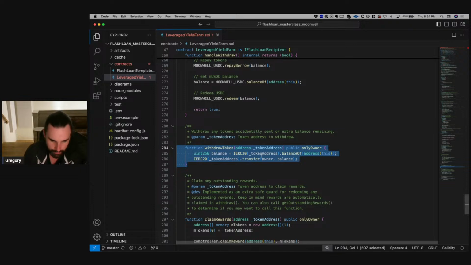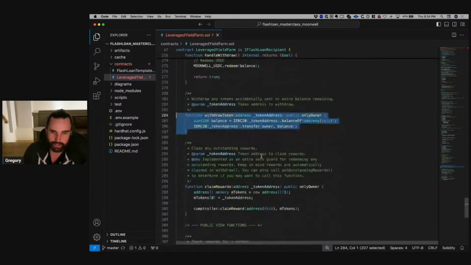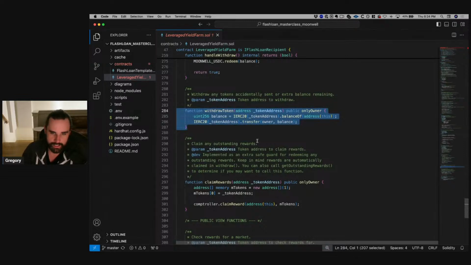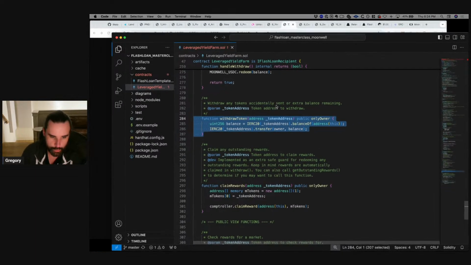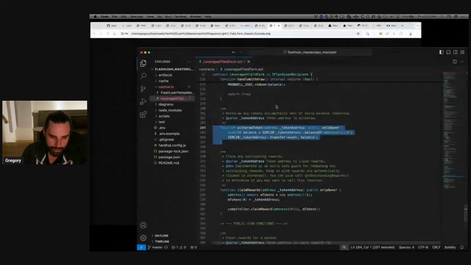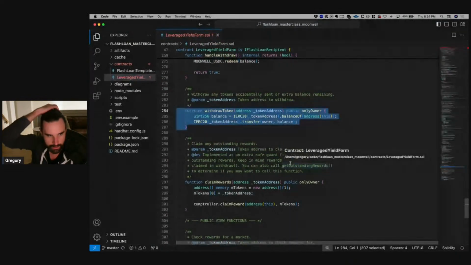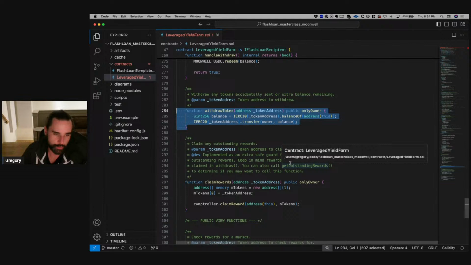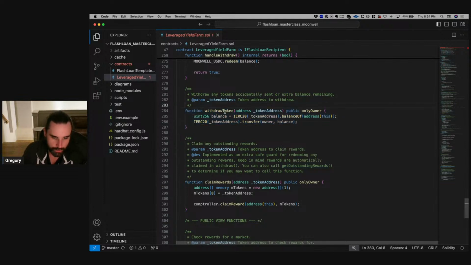Okay. And what it does is, let's say that you sent some USDC to this contract. So like, for example, let's say that you wanted to experiment with this, right? And you sent like USDC and you accidentally sent too much, right? And you don't want to go through the process of like borrowing and withdrawing. Well, you could just withdraw it with this function. You could just say withdraw token, pass in the token address with USDC in this case. And basically what it's going to do is take the entire balance of USDC in this contract and send everything back to your wallet. Okay.